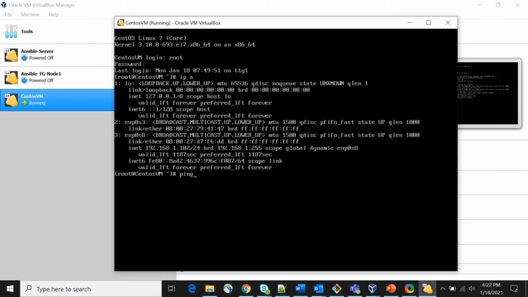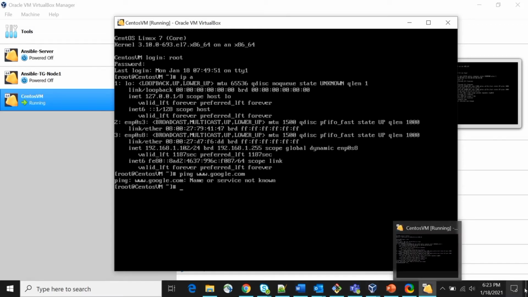So if we ping google.com, I hope it will not reply anything. Okay, but this system you can connect from your host machine using this IP. Just remember the IP address, 192.168.1.102.